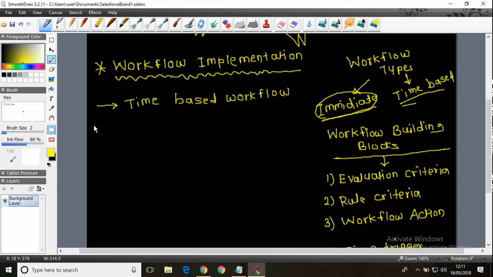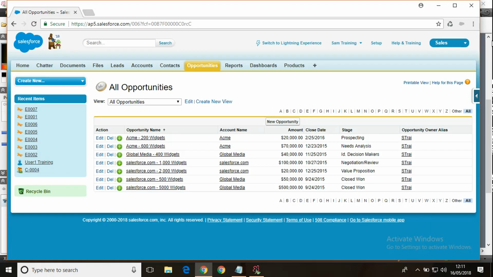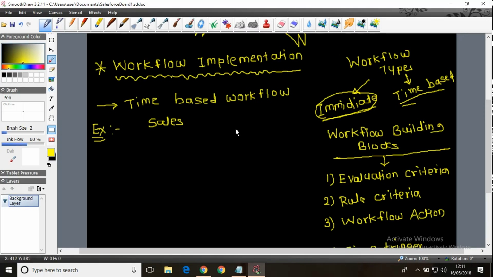Let me tell you one example. Let us take one business scenario. We have the sales app, which is a standard app. In that sales app, we have the opportunities tab, which represents the opportunity object.